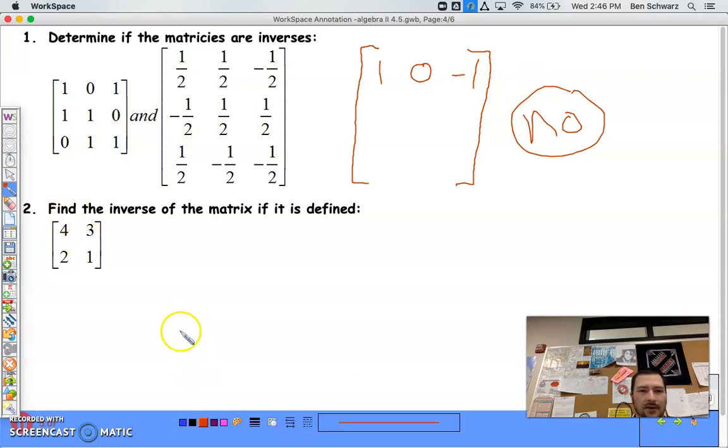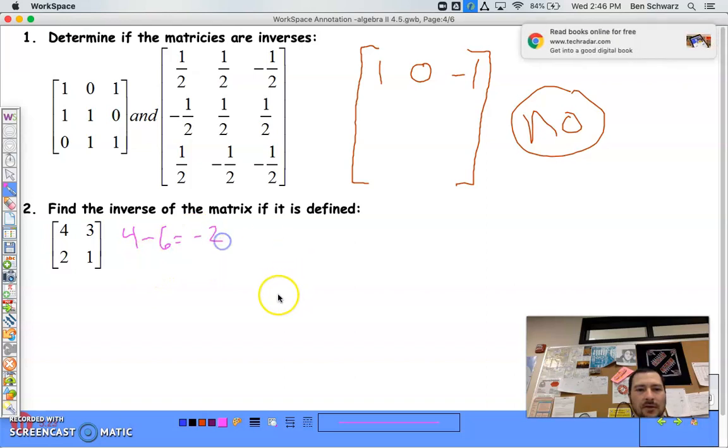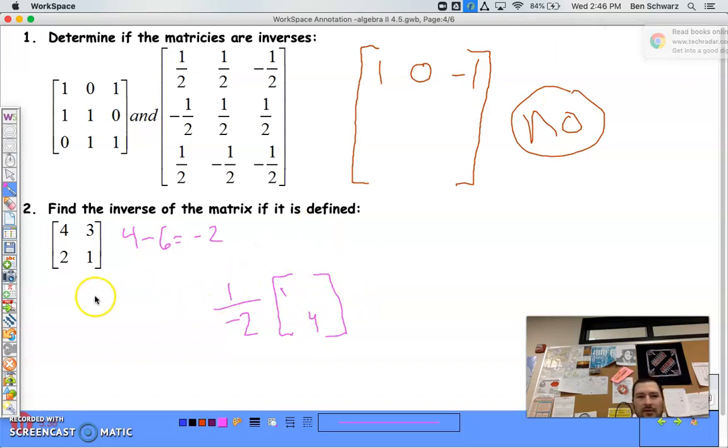All right, find the inverse. So let's repeat the process of what we did before here again. So first we got to find our determinant. So 4 minus 3 times 2 is 6. So our determinant is -2. So we got to take 1 over -2. And then we take our matrix, flip the 4 and the 1. So we have a 1 here, a 4 there. Ooh, that's kind of an ugly matrix. And then change the signs with these two. So -3,